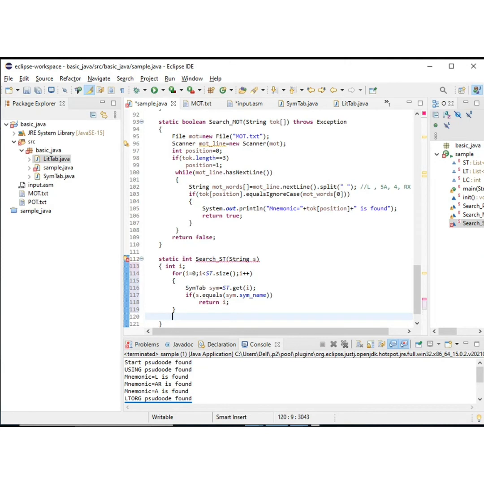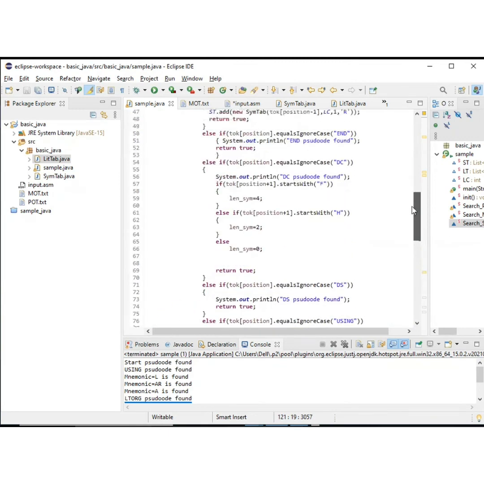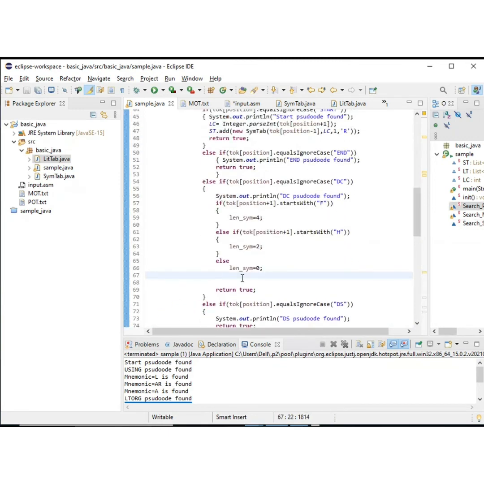Otherwise बाहर आने के बाद return -1. 0 पे भी आपको symbol मिल सकता है, because your list starts from 0 onwards. So better to return -1. That's it. So search symbol function is ready. We have to call here lookup in this DC function. So here we have to give a call. So my symbol name is in token of position -1 that I have to call